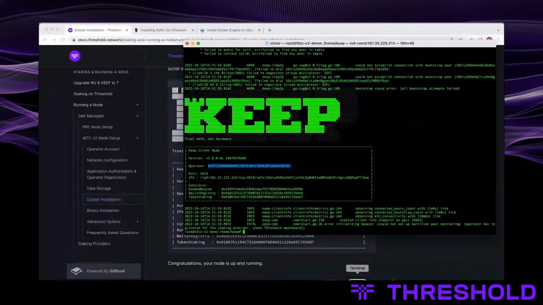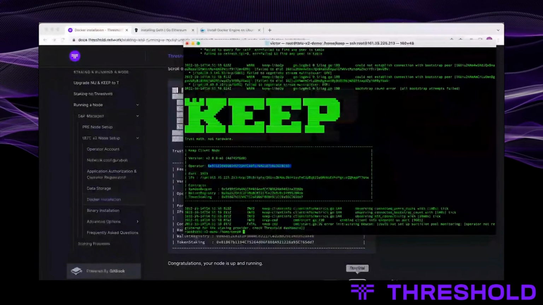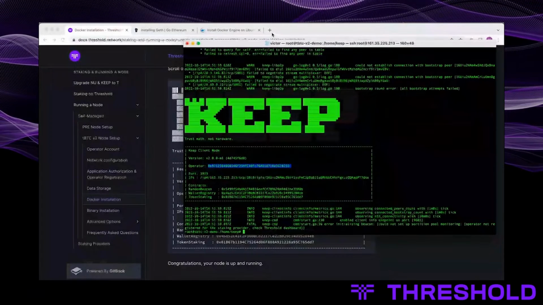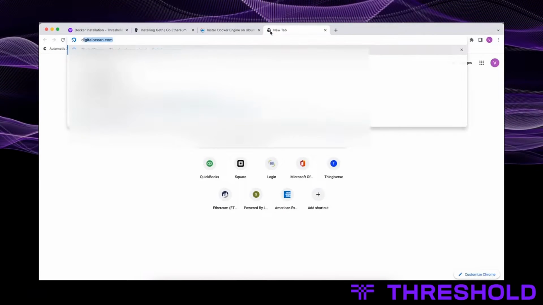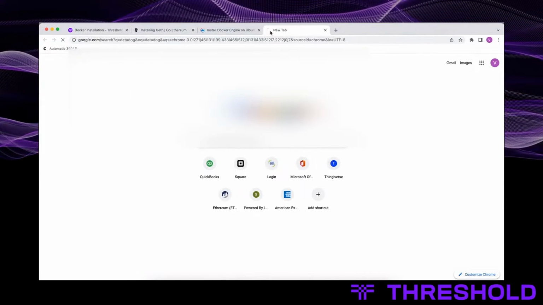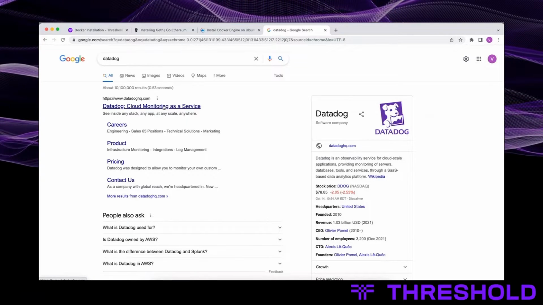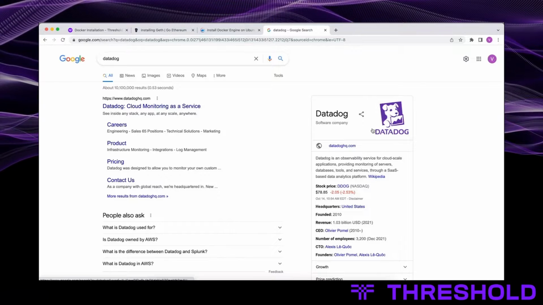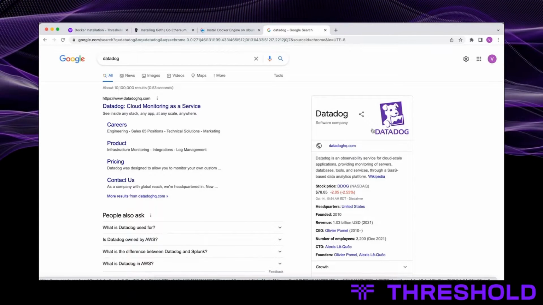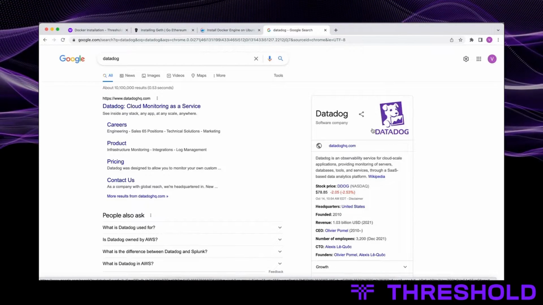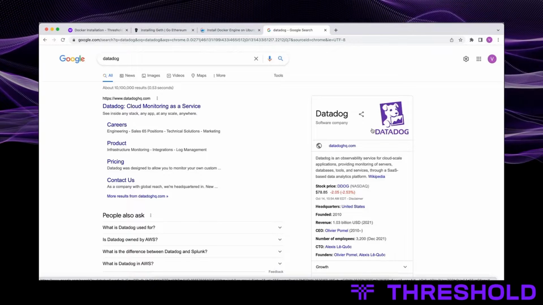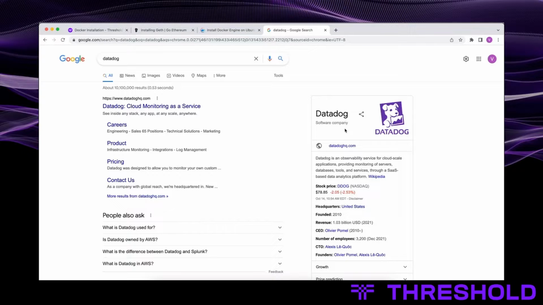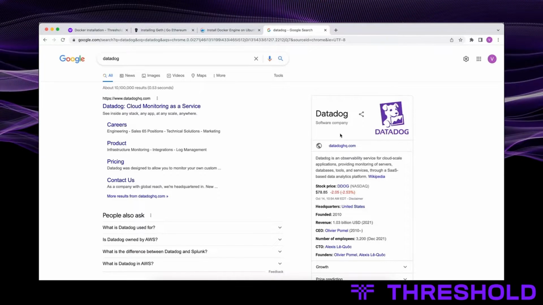I am in the process of configuring, I think it's called Datadog. It costs $15 a month, so it's not the cheapest of solutions, but it's very well developed, and it can pull all kinds of metrics.